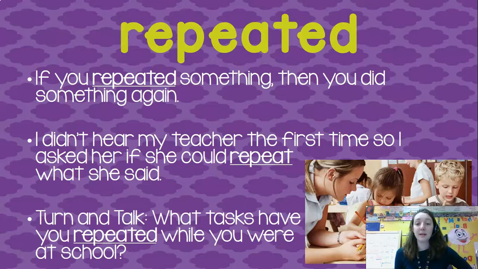What tasks have you repeated while you were at school or doing school at home? So what things have you had to repeat? For repeat, we're going to say do it again, because we're saying it twice. So we're repeating it. Do it again, do it again. Ready? So we have received, account, a little budget, a little bit here, a little bit there, disappointed, chuckled, staring, and repeated. Do it again.